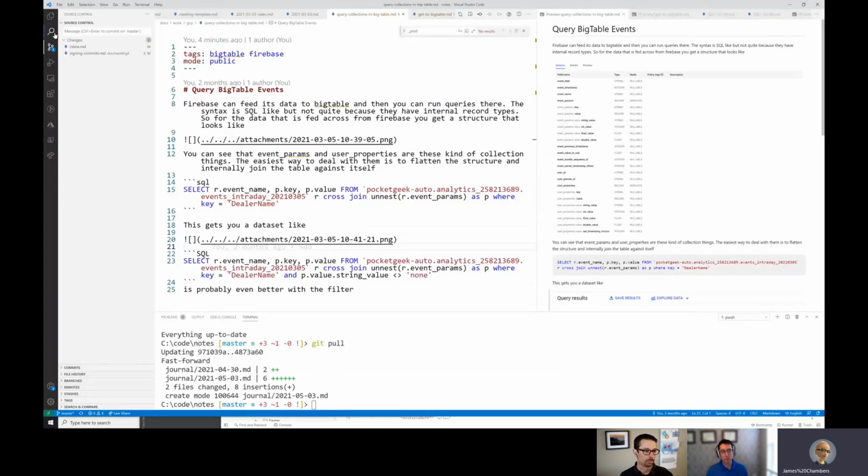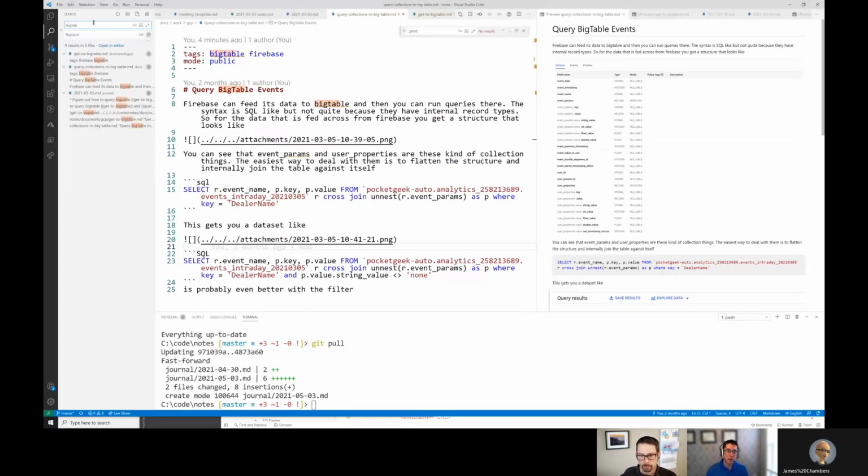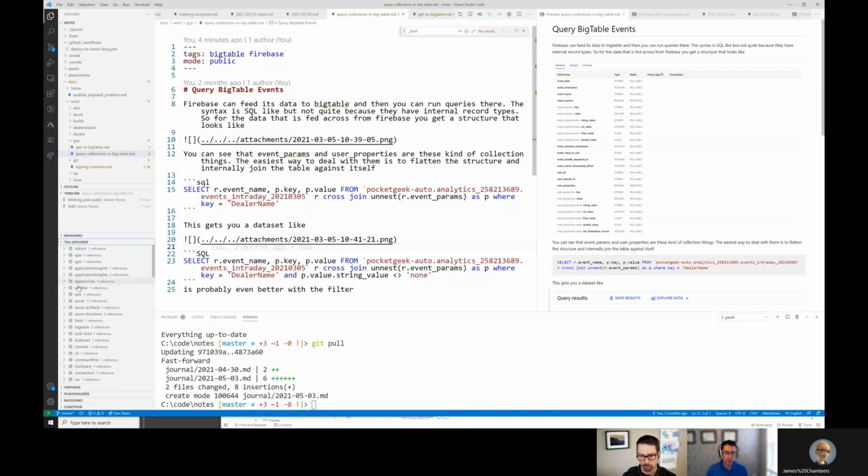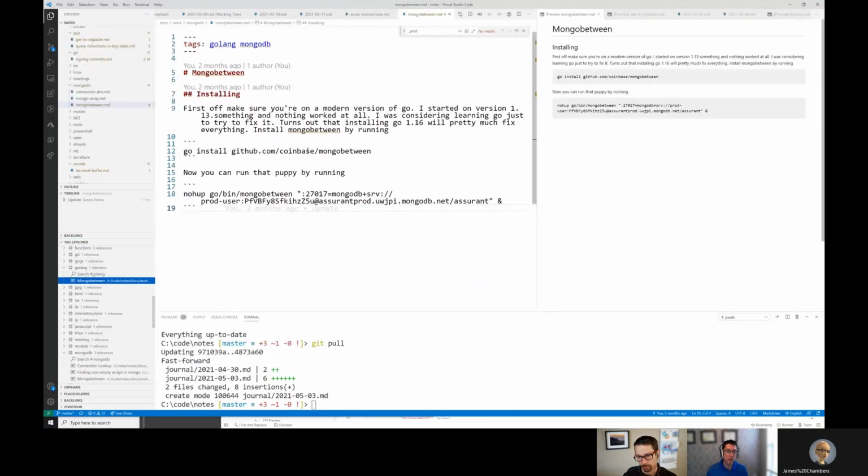So what's your mechanism? I guess you just use search right inside Visual Studio Code then. Yeah, so unfortunately I don't have anything about that. I have some notes in my journal related to an SSL certificate. Right. But I don't think I have anything else other than that. But if I wanted to search for something like this one over here, big table, I can search for it like that, or over here there are a bunch of different things. A tag explorer, so I tag all of these, and then this will pull out all the tags for me. So if I was interested in what have I written about Golang, then I can go take a look at this thing here. Sure.